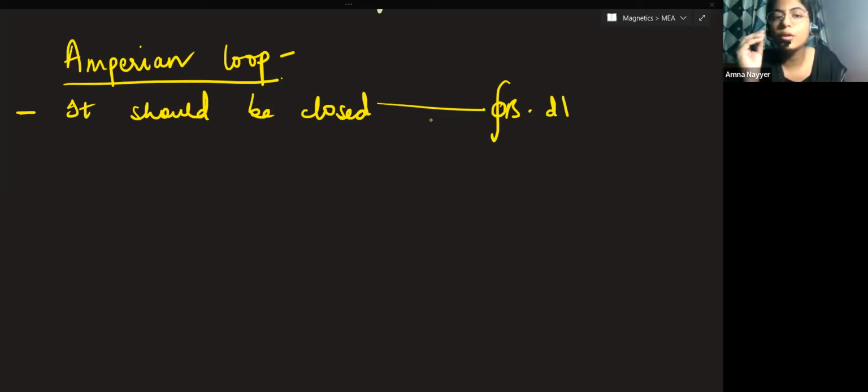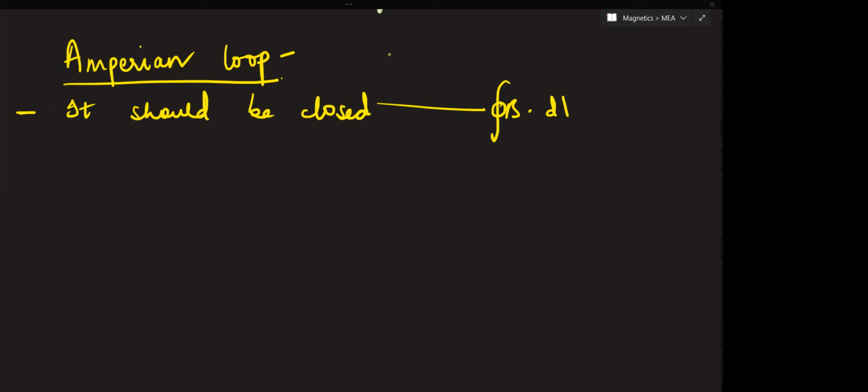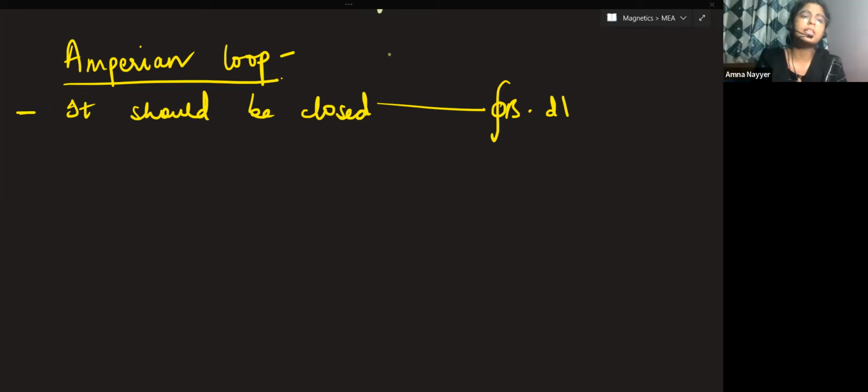All right. For choosing an Amperian loop, you have to have a loop whose magnetic field lies perpendicular or tangential. The reason is that when we write the dot product B dot dl, it becomes B dl cos theta. Whatever the value of cos is determines your Ampere Circuital Law. If it is 90 degree, B dl cos 90 directly becomes 0. If we write B dl cos 0 degree, then we can have it as B dl. So that's why we choose